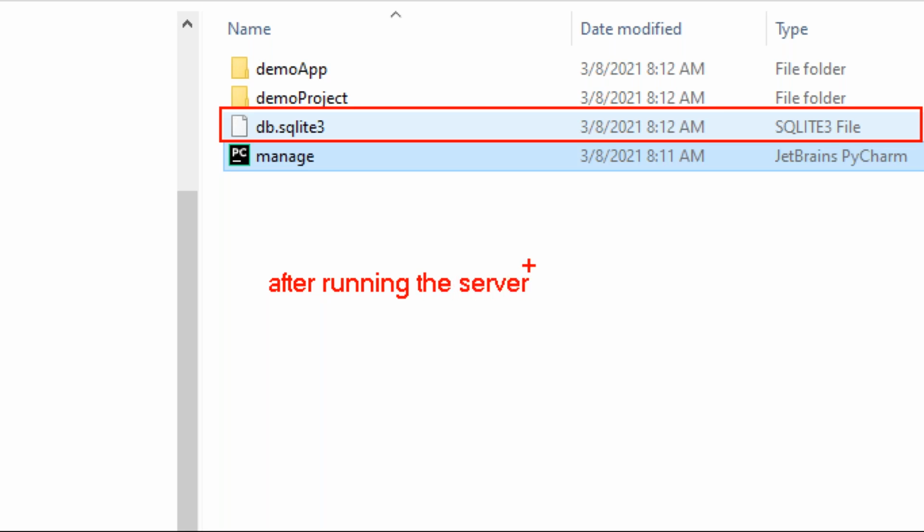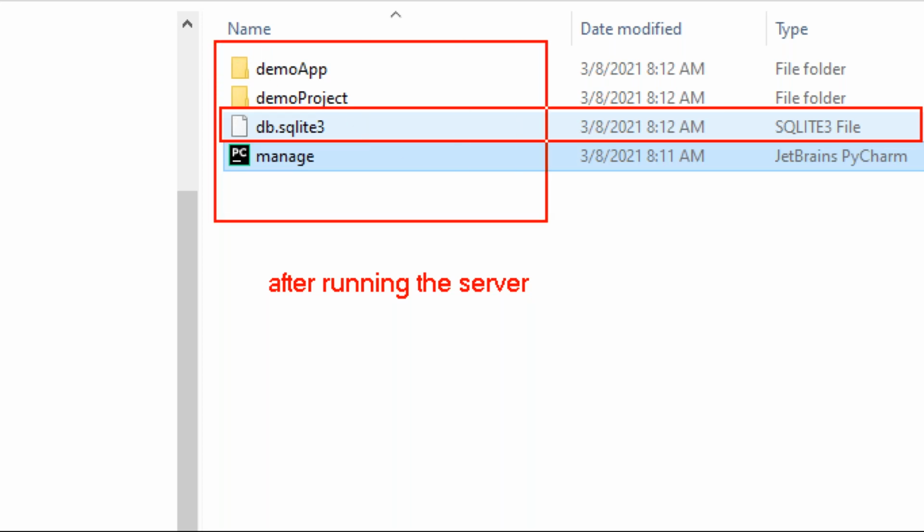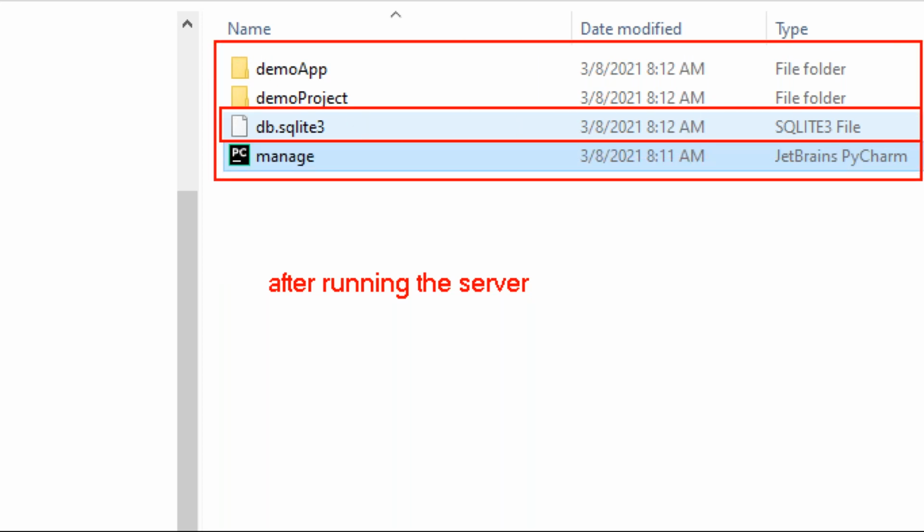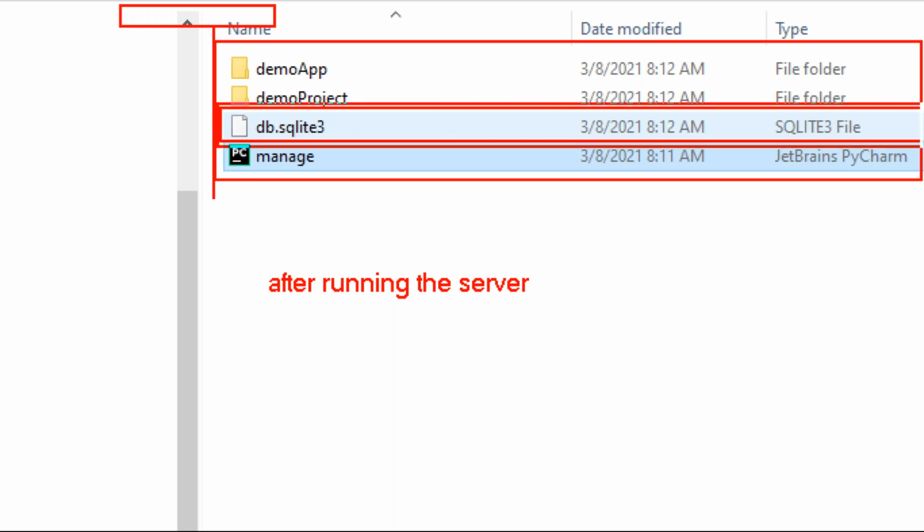After running the server of our Django project, in the base folder location, where demo app, demo project and manage.py are all available, one db.sqlite3 file is also downloaded. This is nothing but a database, guys, the SQLite3 database.